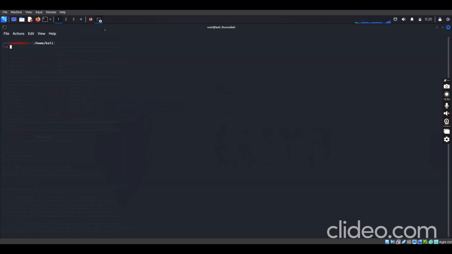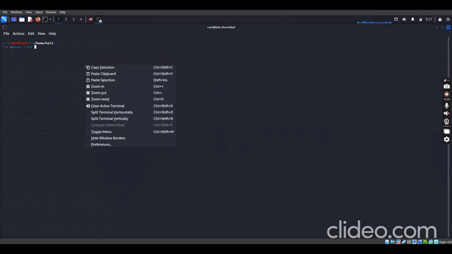So let's enumerate, run it using the URL. So we're going to run it now with the URL. I think I've copied that URL before.